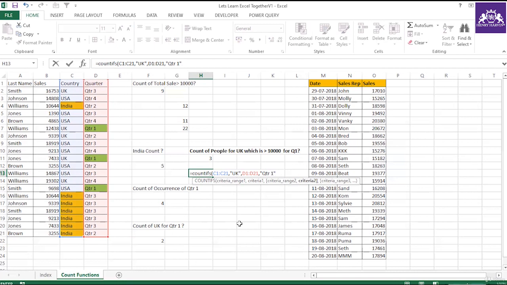If I type comma, you see criteria range 3 is highlighted. Again, if I type comma, criteria range 3 is highlighted. You can see that. So what is my criteria range 3? Sales. If I select this sales, and over here I'm telling that it should be, so you cannot just write